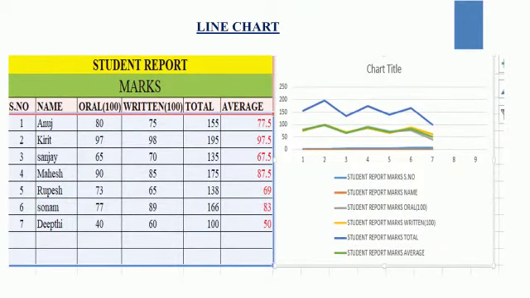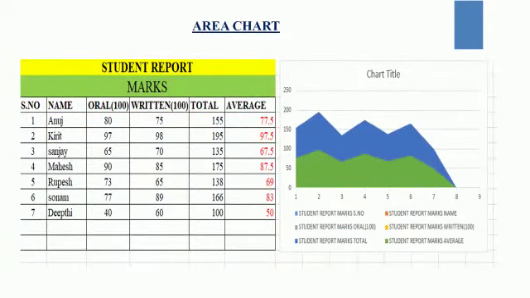Line chart. Line chart is used to illustrate trends in data at equal intervals. It is quite similar to plotting a graph on graph paper with the values on the x and y axis. Area chart. It is a unique version of line or column chart. In this type of chart, the data is expressed graphically with greater visual impact than a line chart.